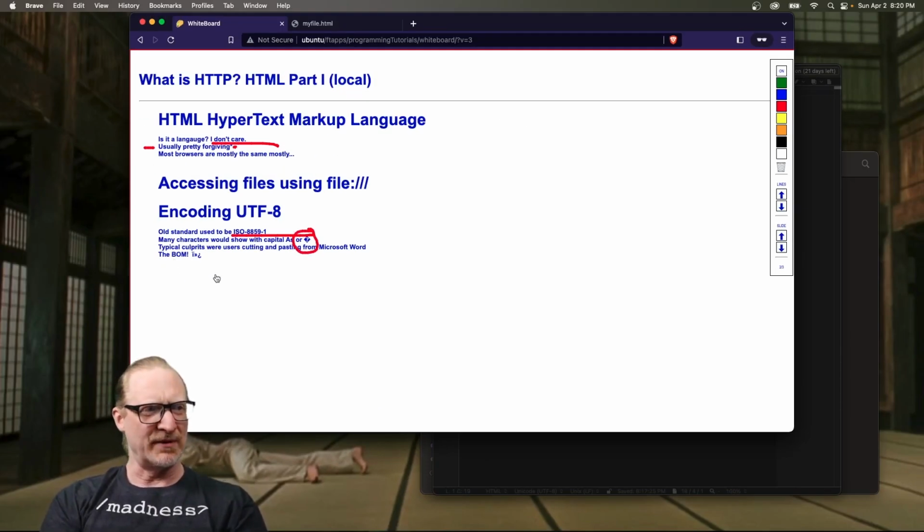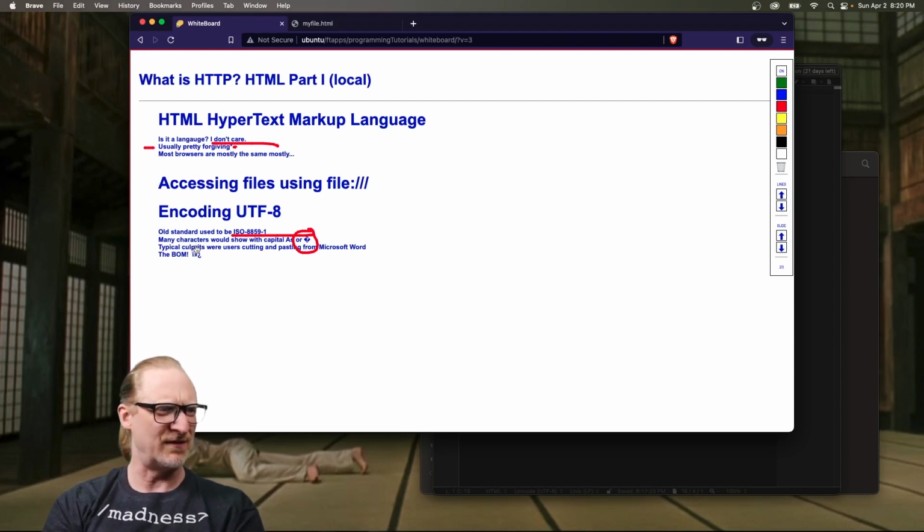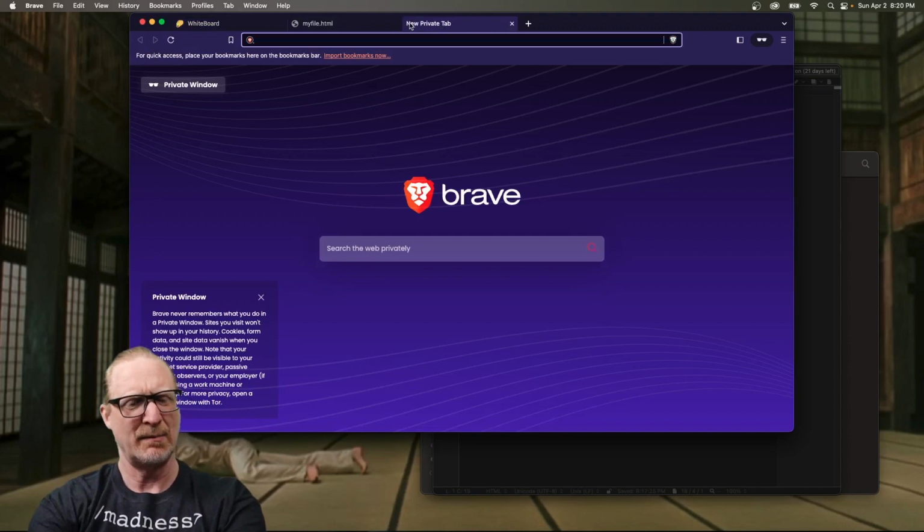And then the BOM. Someone dropped the bomb. If you ever see this thing here, this is another thing that doesn't happen very often at all. But if you ever see those characters pop up at the top when you're trying to load a PHP file, it is called the BOM, which is byte order mark,